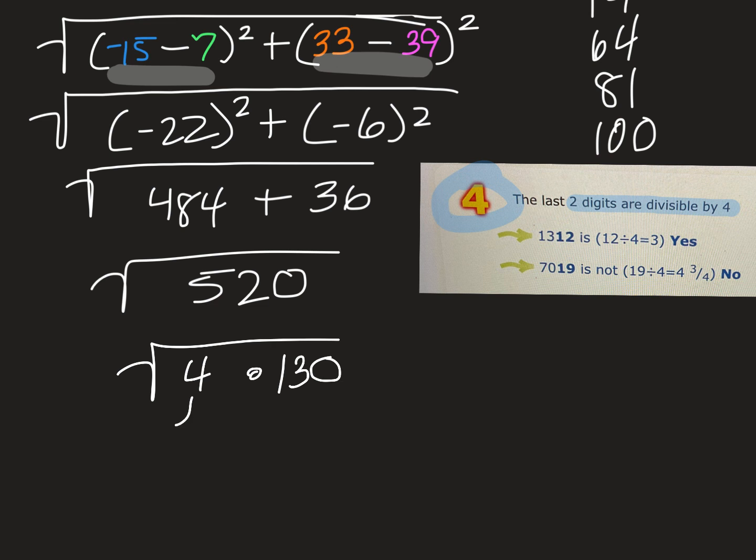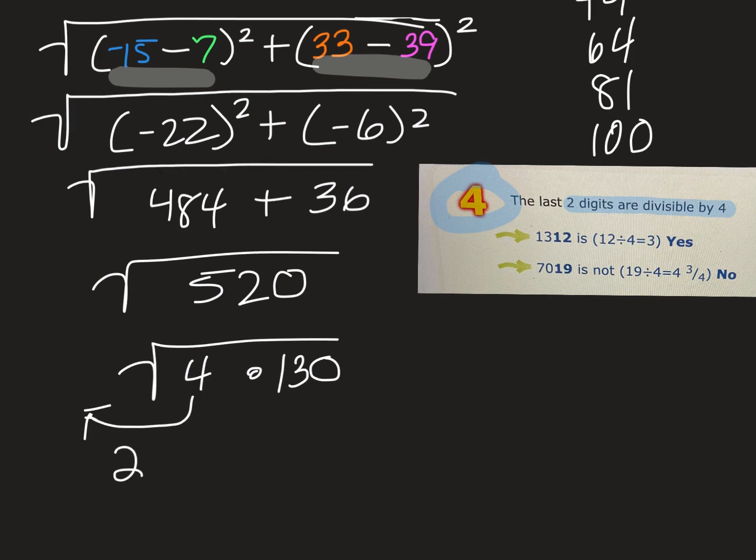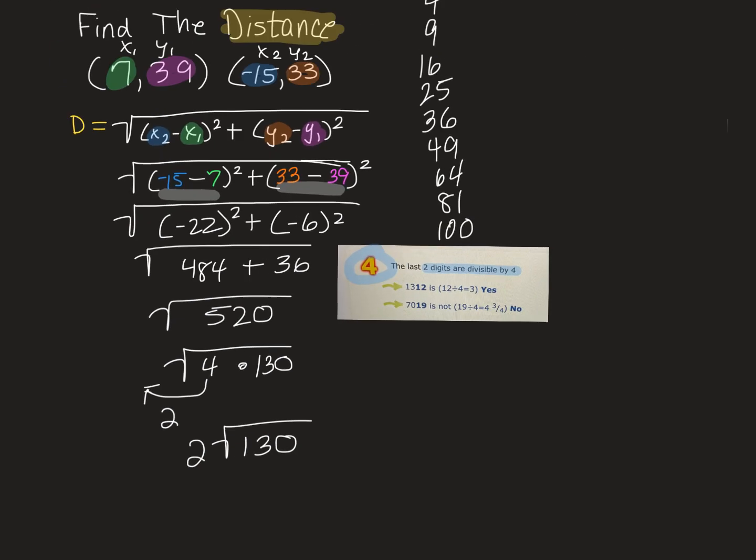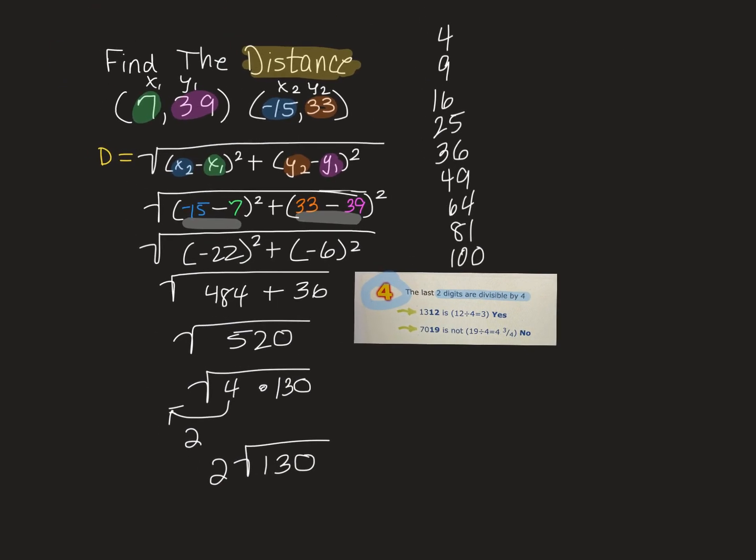So the square root of 4 is 2, so I know that that 2 can go ahead and come out of the radical. And now let's look at this 130. So first of all, let me go down my list of perfect squares and see if I can simplify this a little bit more. Well, the first one on the list, I would try 4 again,